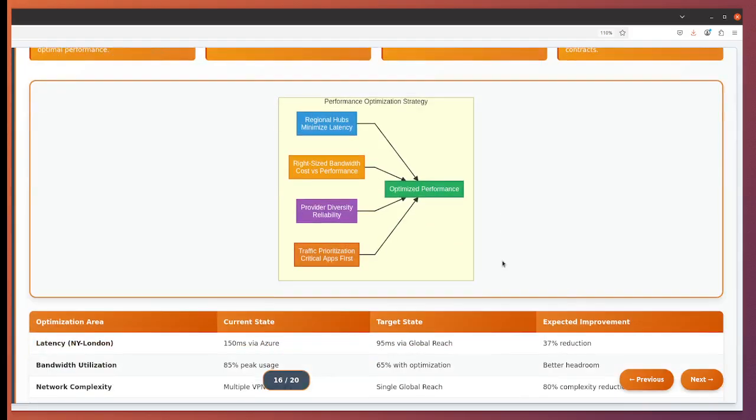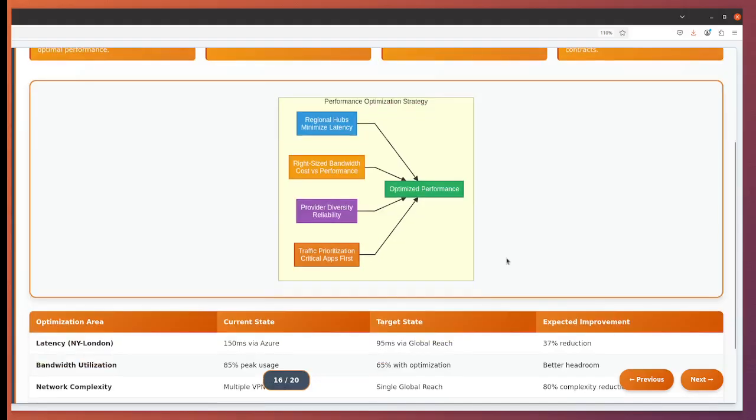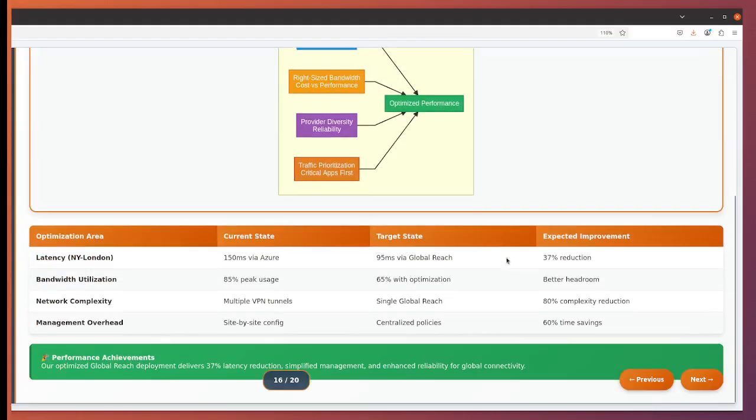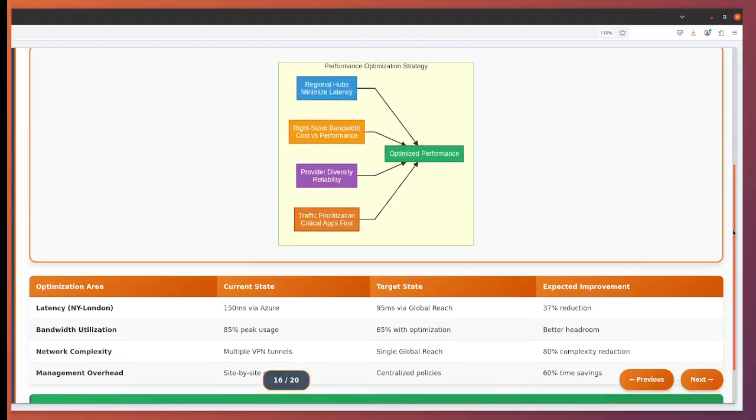Bandwidth optimization starts with right-sizing your circuits. Our New York hub at 10 gigabits per second provides headroom for growth, while London's 5 gigabits per second matches current regional needs without over-provisioning. Key optimization techniques include circuit placement, to choose locations closest to your offices, provider selection, to evaluate latency, reliability, and local presence, redundancy design, to plan for circuit and provider failures, and traffic patterns, to understand and optimize for your